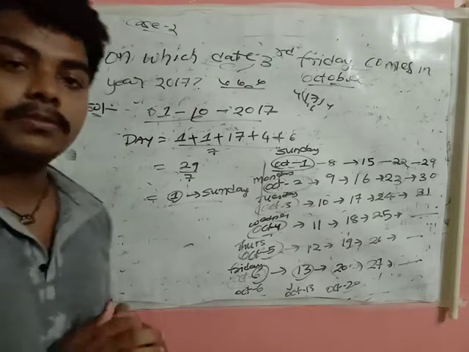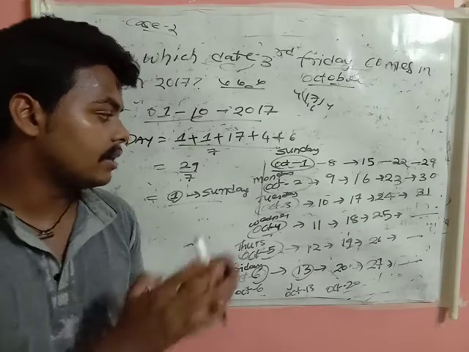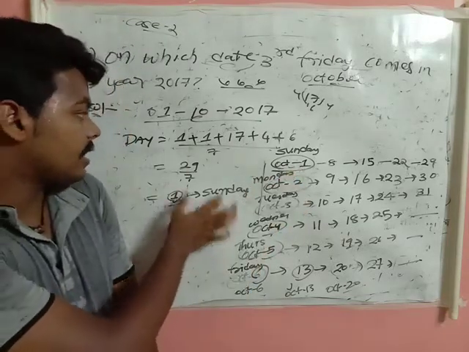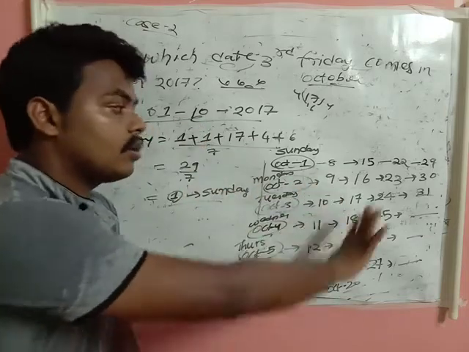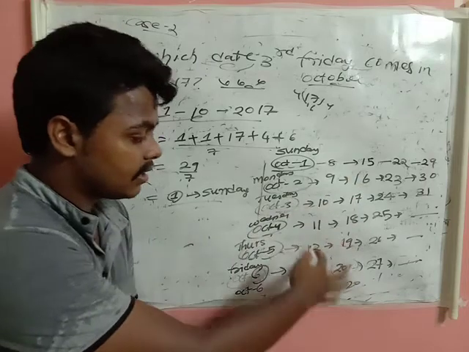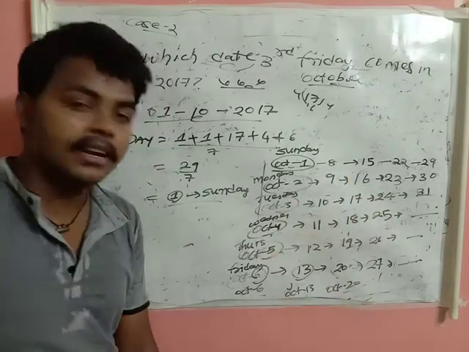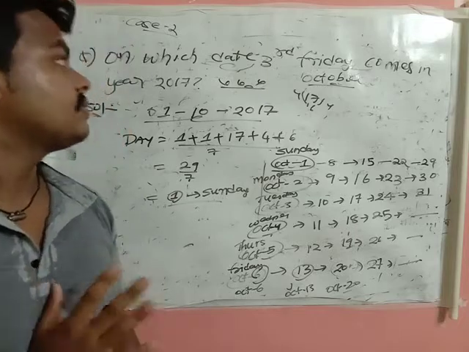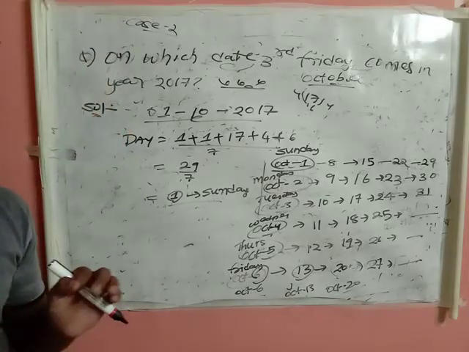If you have any doubts, you just put it in the comment box. Definitely I'll look at this. But the shortcut for this is you just try to get the Sunday. If you get this date itself, then no need of doing all these things. You'll be putting 1, 2, 3, 4, 5, 6, 7. You'll be getting 8, 9, 10, 11, 12, 13. You'll be getting 15, 16, 17, 18, 19, 20. That's not a problem. So this is the way to solve the problems. You just pause the video and write it.